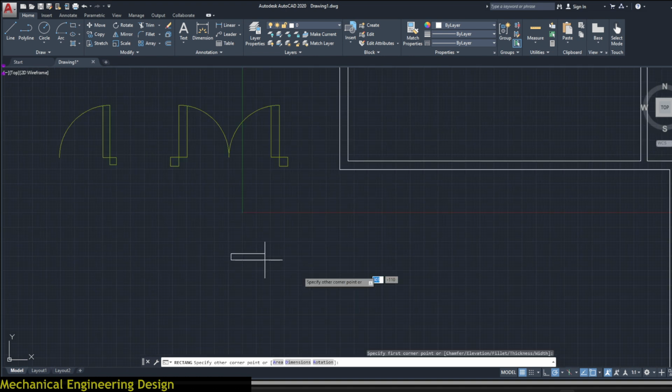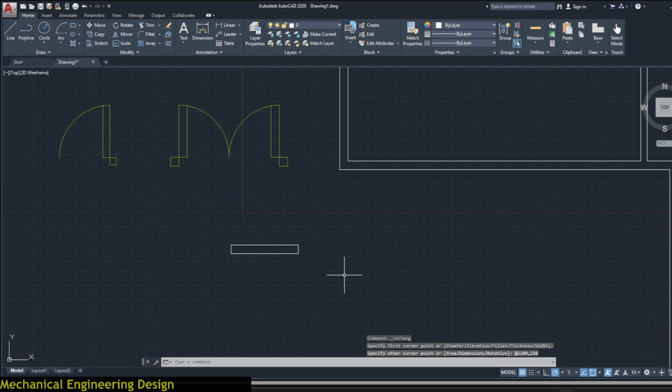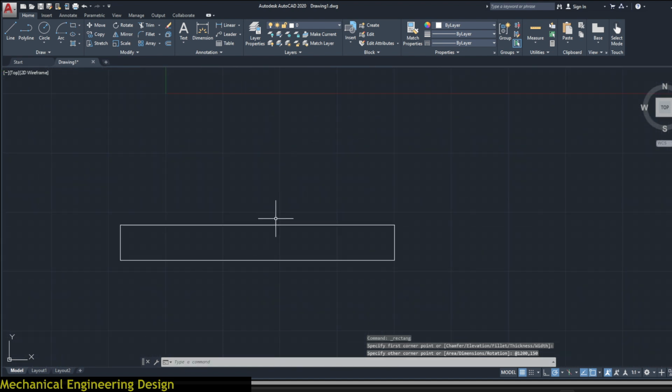first point. Now we'll create two sets of windows, a larger window and a smaller one for the bathrooms and toilets. So for the larger window, we'll give a base of 1200, and then height of 150, like this. Select